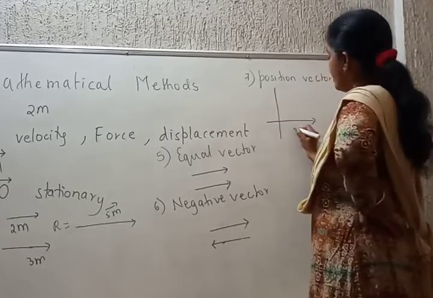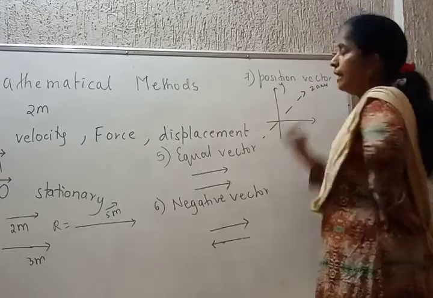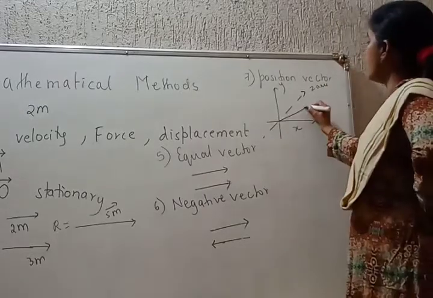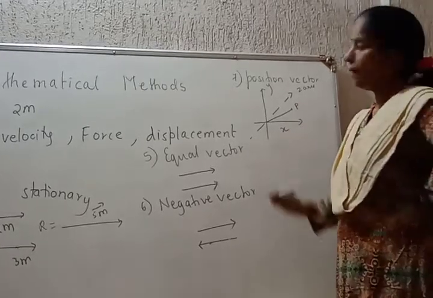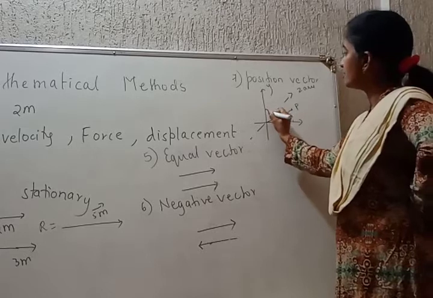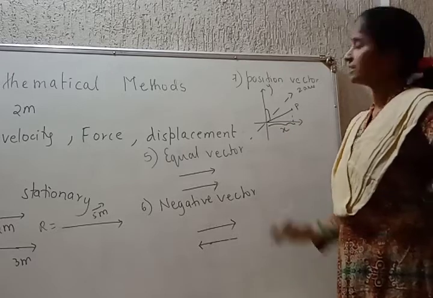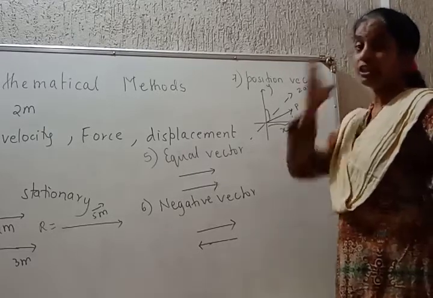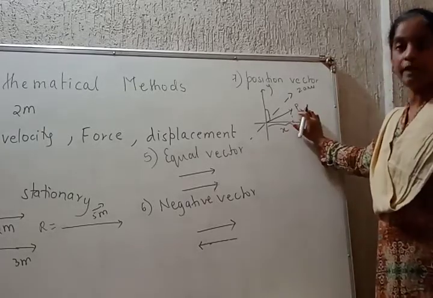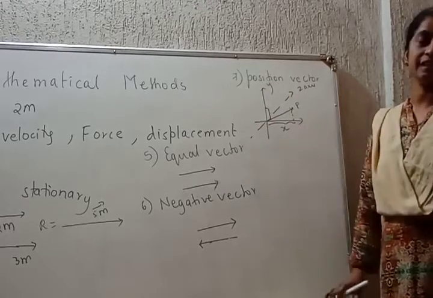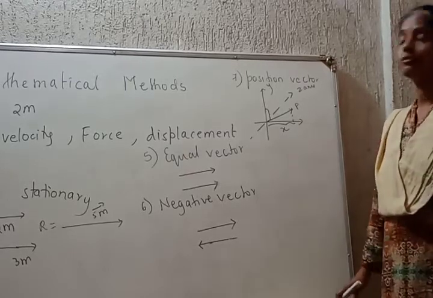Next, position vector. What is position vector? It gives the position of the vector with respect to the coordinate axis. Meaning, समजा this is a point P here. Point P is at a distance of how much from y-axis? This much. How much from x-axis? This much. That is called as a position vector. Position vector is a vector which represents the position of the point with respect to coordinate system or coordinate axis. That's it.